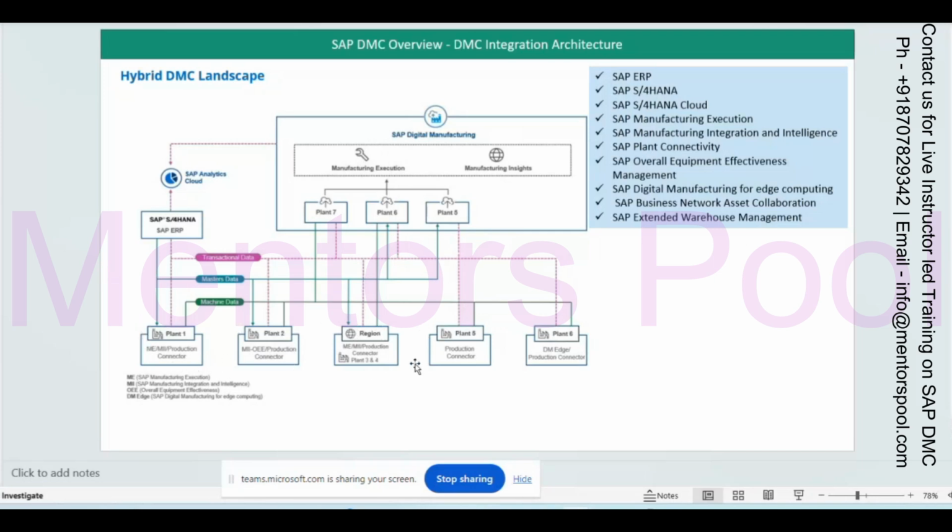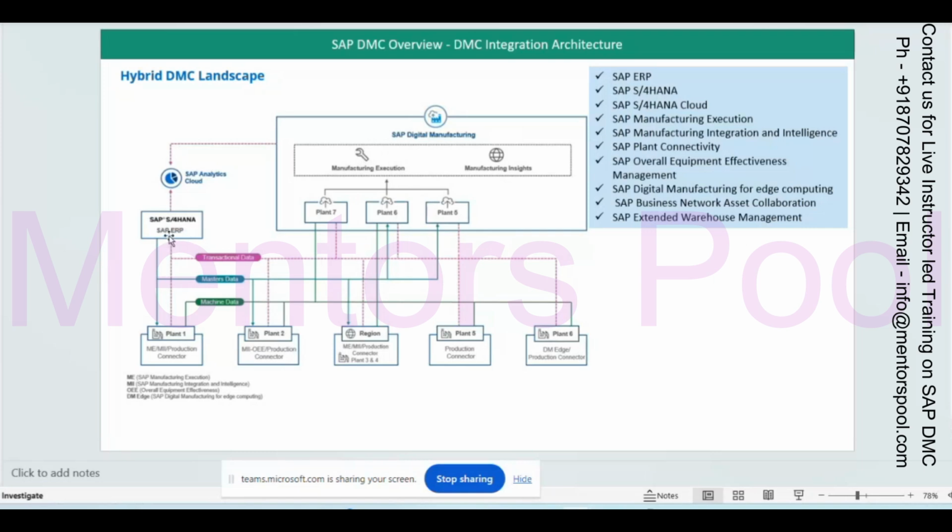So these are all the on-premise plants. They are using only one S4 HANA system and they are connected to plant one, plant two, plant 3 and plant 4. In this particular region there are 3 plants. And even on the cloud, whatever plants are there, they are also connected to the same S4 HANA system.